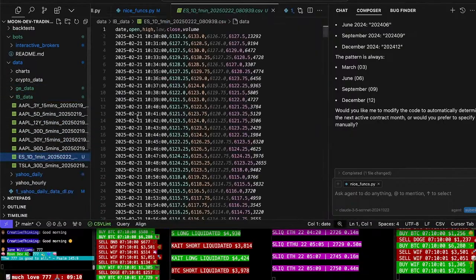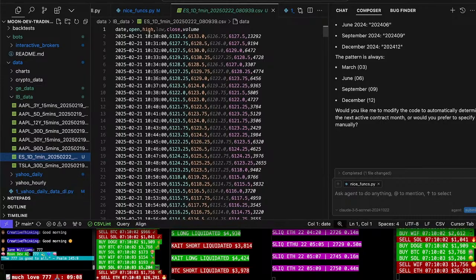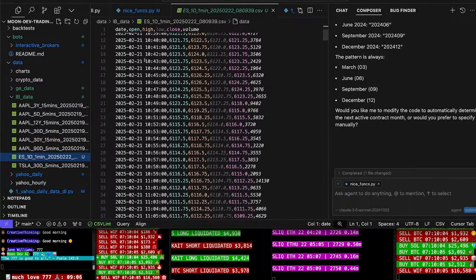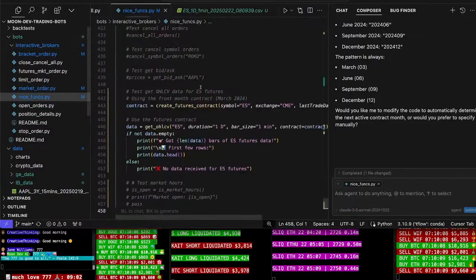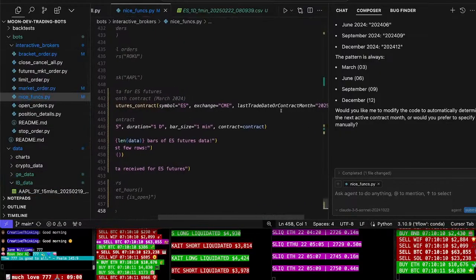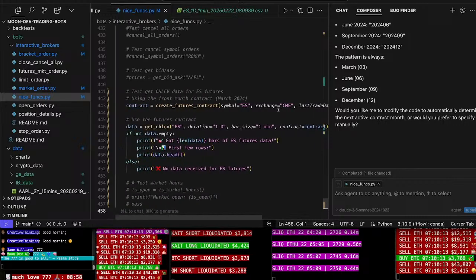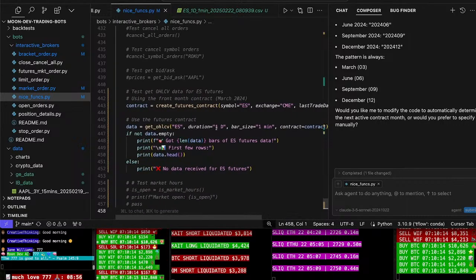ES one day, 1 minute. Nice, dude. So this is the 1 minute data for ES. Sick. So I don't even have to connect to that. That's crazy, dude. One day, let's say